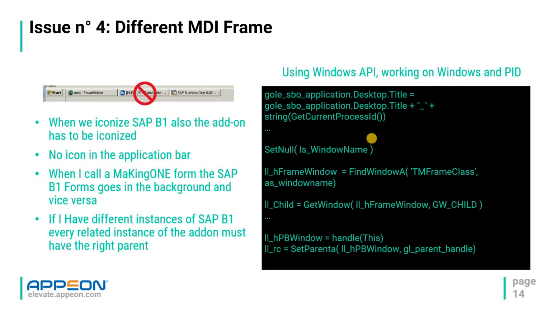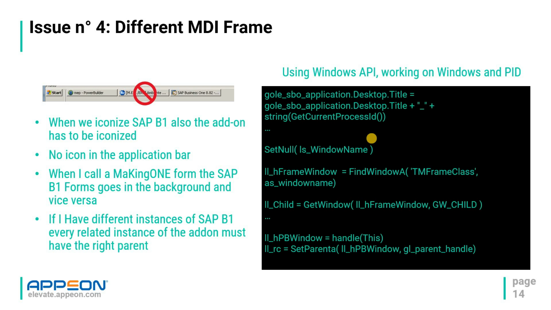The fourth issue is how to integrate our ERP in the SAP Business One MDI Frame. At this step we can connect to SAP Business One, we can modify the graphical user interface, we can wrap the events, and we can add, delete and update SAP Business One entities using the SDK. But our add-on is a different application with a different parent window at this moment, and we want, for example,